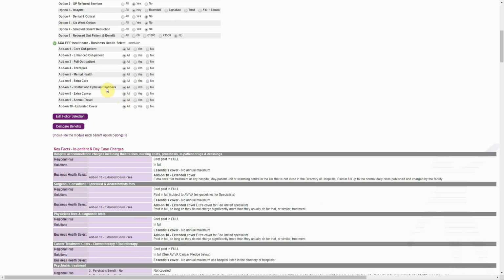With AXA, we're going to have full outpatient, we're going to have therapies, we're going to have mental health, no extra care, extra cancer, no annual cover, and no extended. And then we compare the benefits,